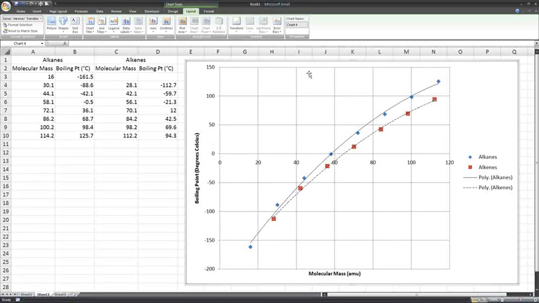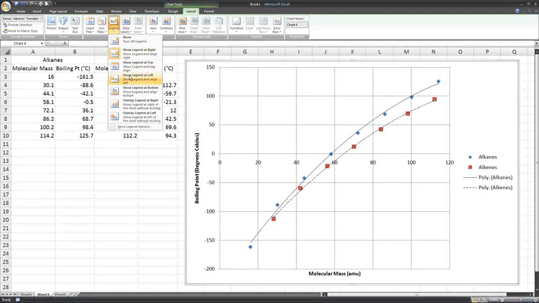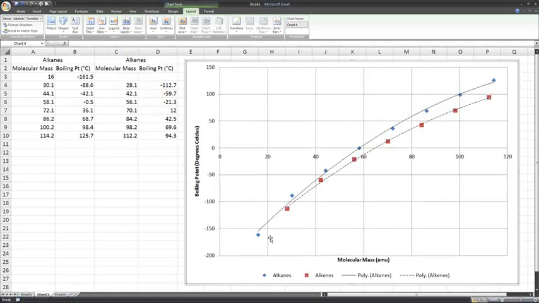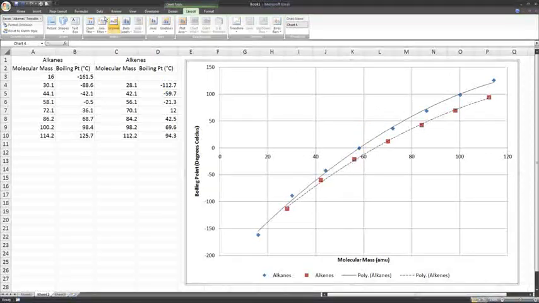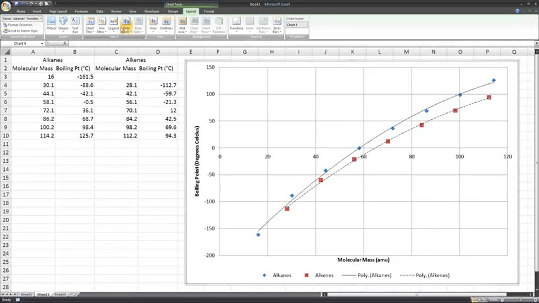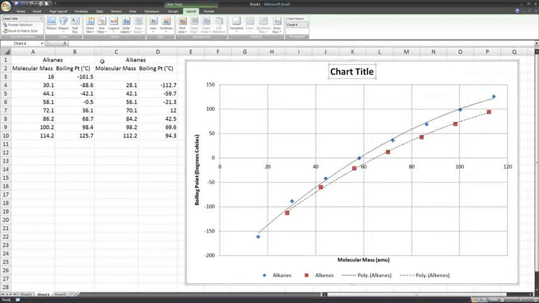Okay, what else can I do here? Okay, the legend, I might put that at the bottom, right down there, and it'd probably be good to have a heading. So I want a chart title above the chart, and it's great to put what we're plotting, so y versus x, so it would be boiling point versus